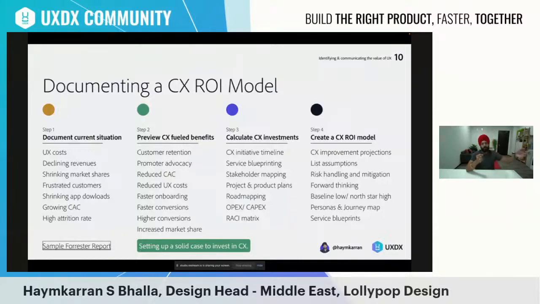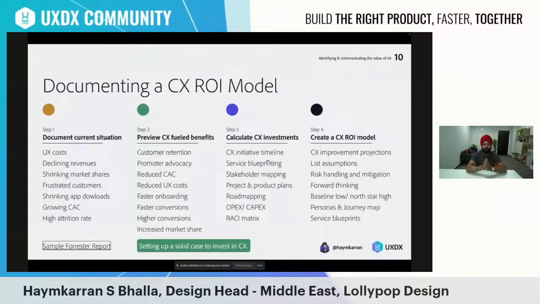If you rectify the journeys, here is a plausible positive outcome that you could realize in the organization. This is mentioned on a very high level in a slide. What you could do further is to quantify this and showcase a timeline. Let's say this year, here would be the roadmap. Second year, third year, fourth year onwards, this is the kind of roadmap that we expect to have the CX fueled benefits.